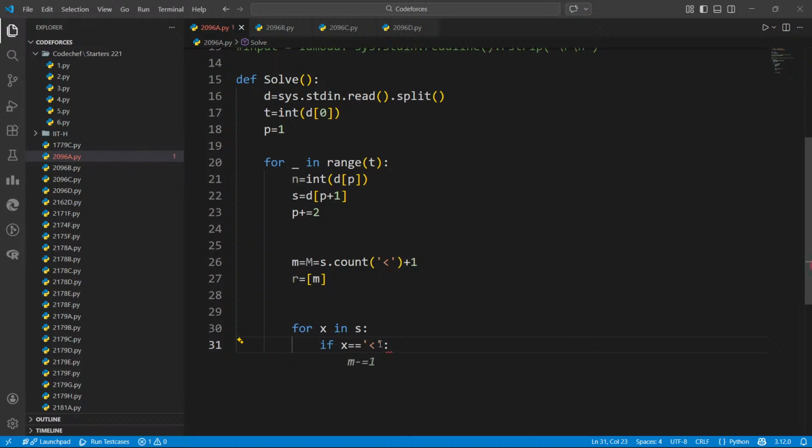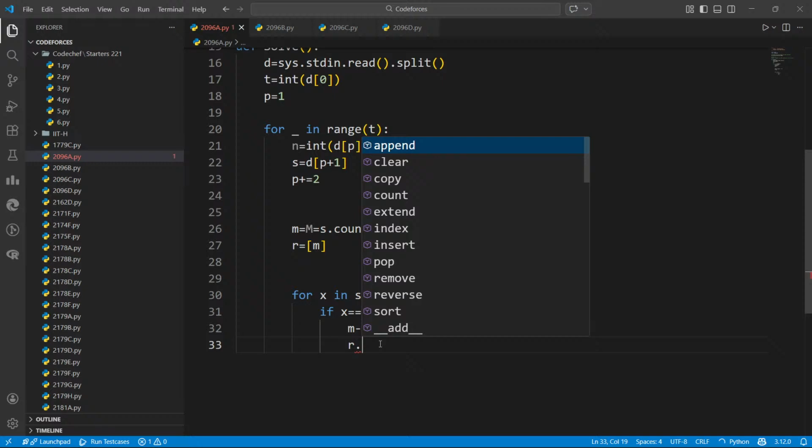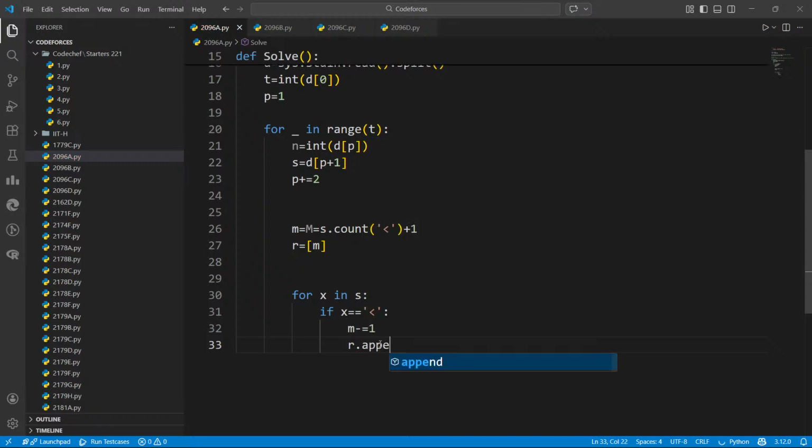what we are gonna do in this case is we'll decrement m and then append it. We'll append m.